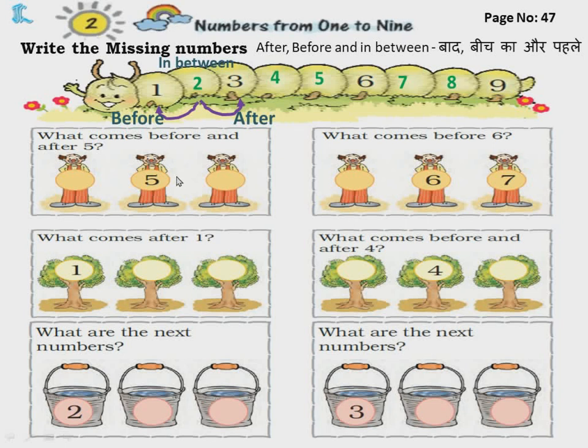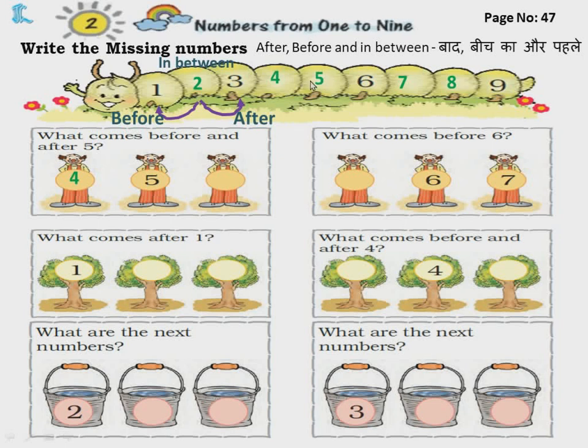Okay. Some children can easily say after 2, 3, after 3, 4. But if you are confused, if you are not getting the right numbers, write 1 to 9 like this, then it will be easy for you. Okay. So let's start. What number comes before and after 5? So now they are asking what number comes before 5 and after 5. So count 1, 2, 3, 4. So before 5 what is the number coming? 4. If you don't know, see this number line.